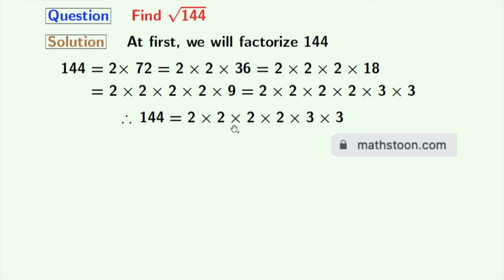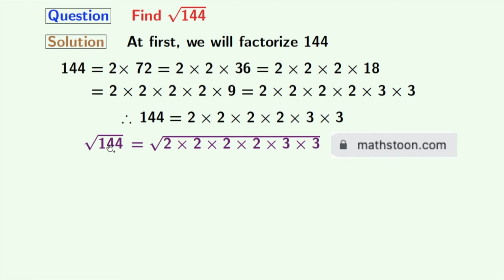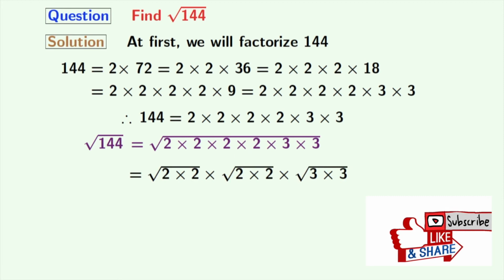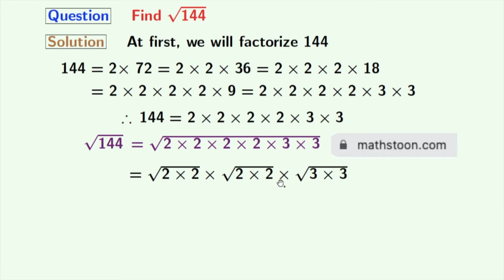Now we will take the square root on both sides. Doing that we get the square root of 144 is equal to the square root of 2 times 2 times 2 times 2 times 3 times 3. Now we will make groups of two equal numbers. Doing that we get the square root of 2 times 2, times the square root of 2 times 2, times the square root